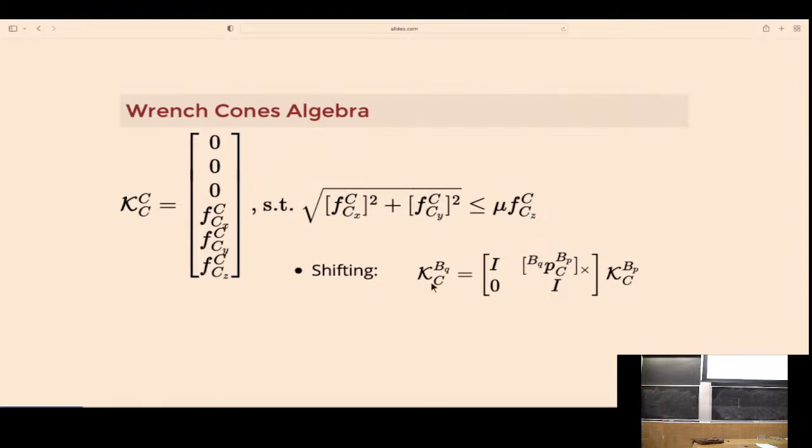If I want to shift that whole cone, right? If I want to shift this whole cone of possibilities to here, then I can apply my same linear operators of just shifting the force and then getting a cross product to that whole cone. And that's what I'm going to animate now. Okay, so